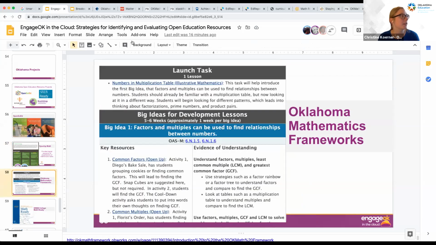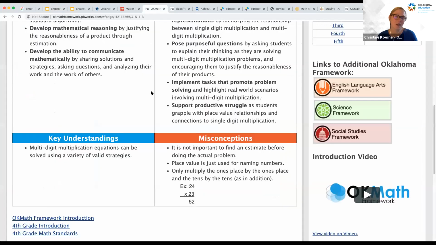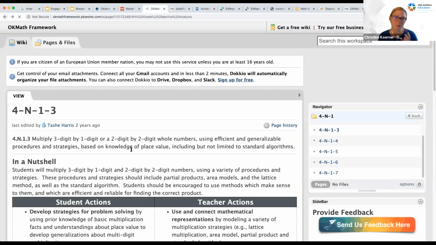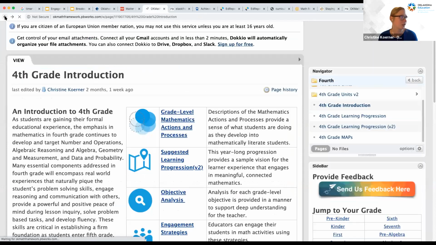But really that curriculum is based on a problem-solving based approach to mathematics, and it really engages students in those mathematical actions and processes that really help them to become more of a mathematician in their own math identities, but also in their confidence levels. And so very hands-on, very problem-solving based, great offerings for curriculum. And like I said, we've aligned it to our standards.